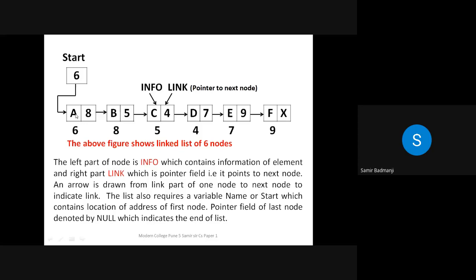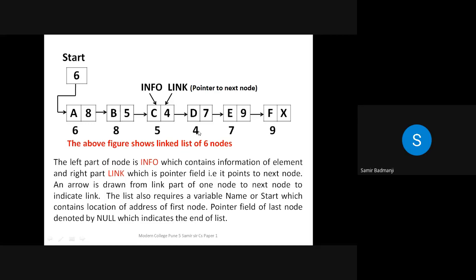So in this address, the link is given, so it will go to this part, and this will have one more address of the next node. Now this is a node, next node. So what we are storing, we are storing the address. This address will point to the next node because B is stored at this location. So see, 8 is the address of B. Similarly, the next element's address is stored in the previous node.